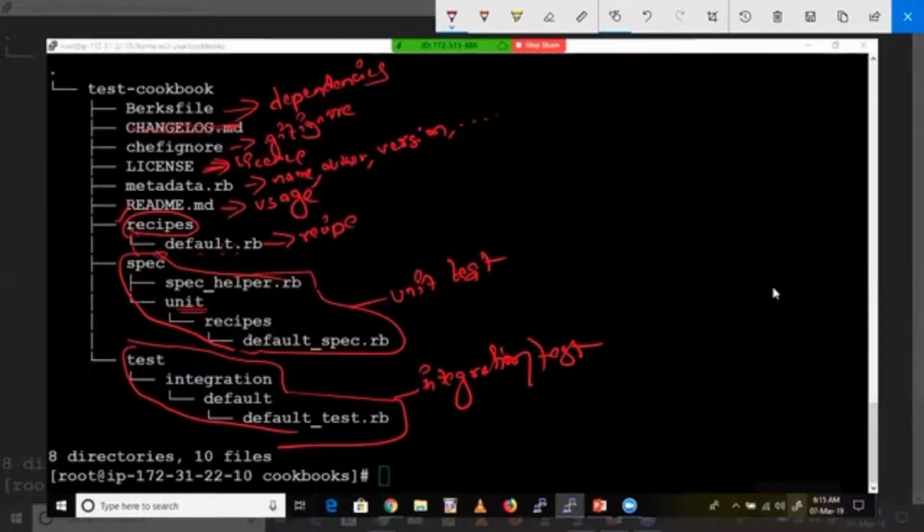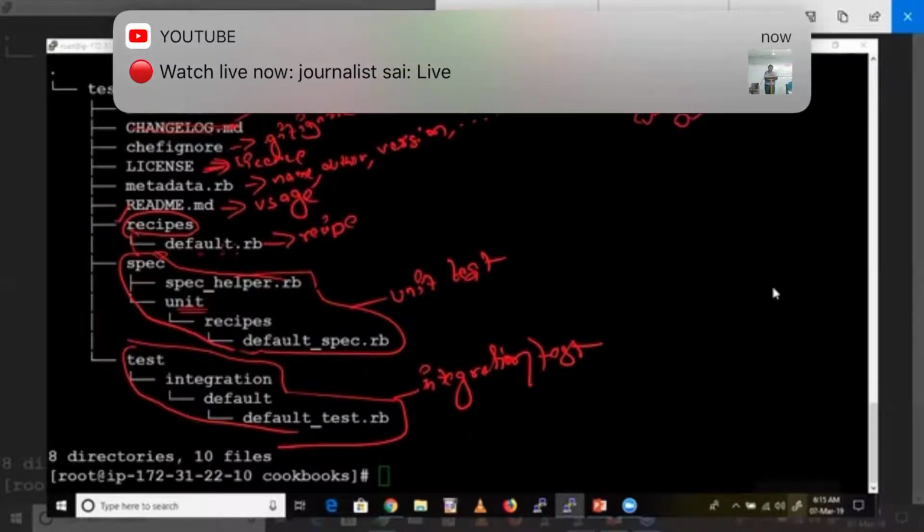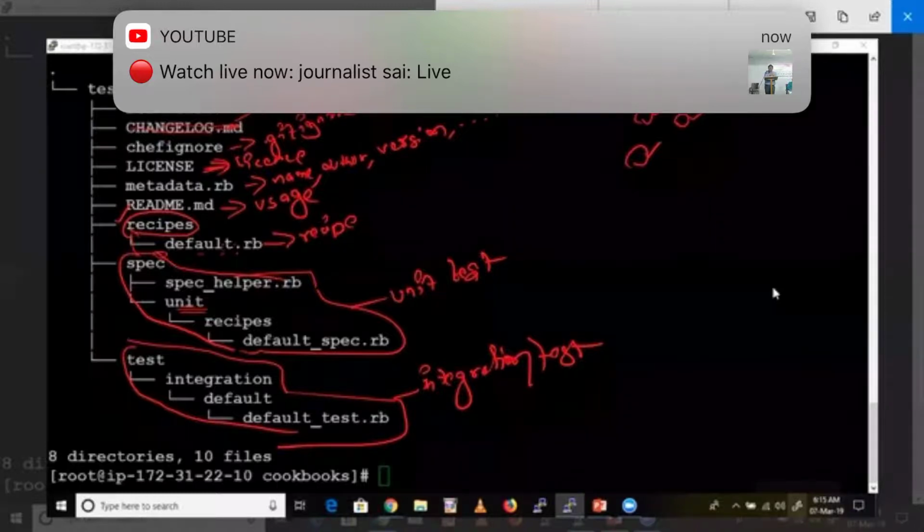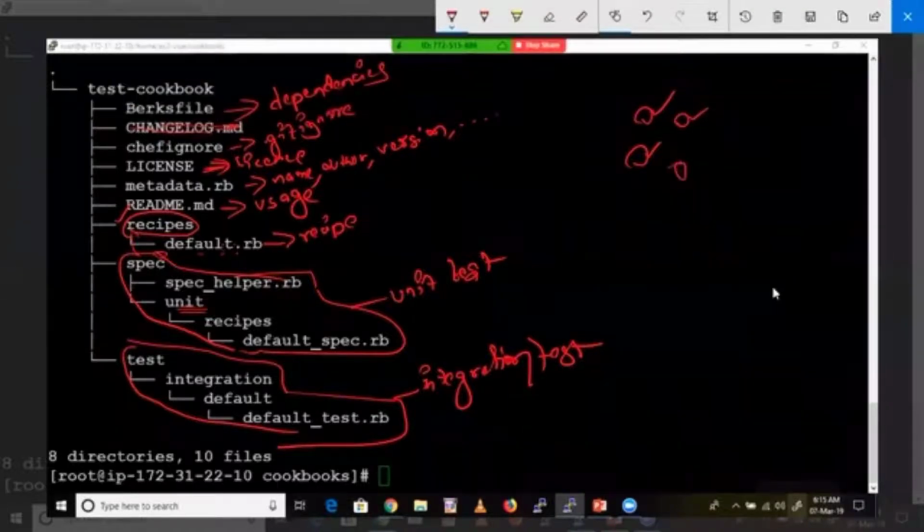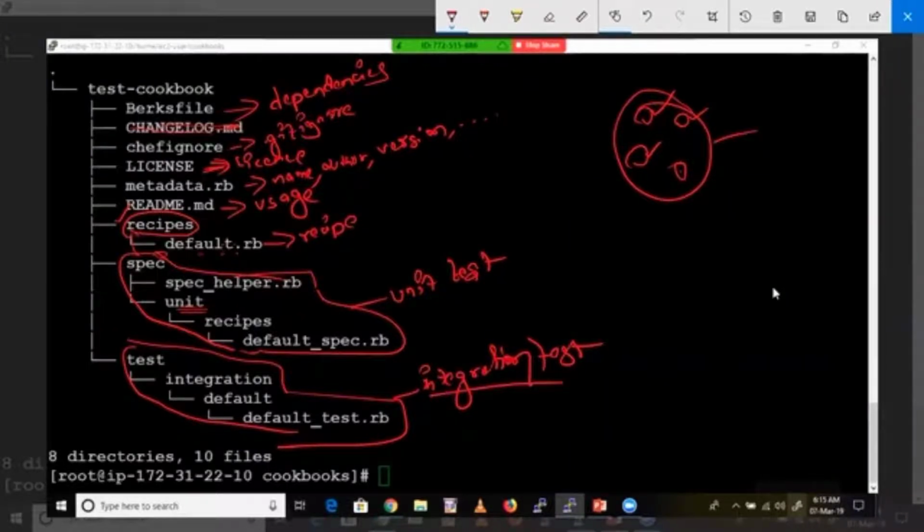Integration test. Unit test means verifying, testing small components. So for example, you want to purchase a car. First they manufacture that car, right? So first they'll create the engine, they will test. They'll check the tire, and the frame, and everything they will test as individual components. Finally what they do, they'll integrate all those things. They'll test it as a car, as a whole entity. That's what integration test is. Testing individual components and testing as a whole entity, a whole cookbook, by integrating all those components.